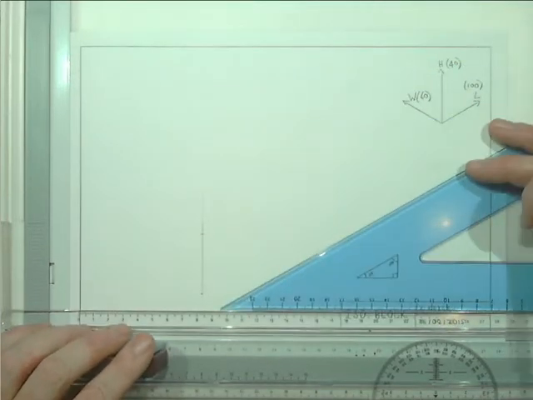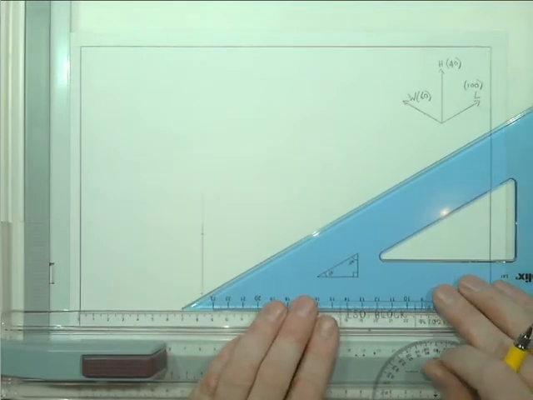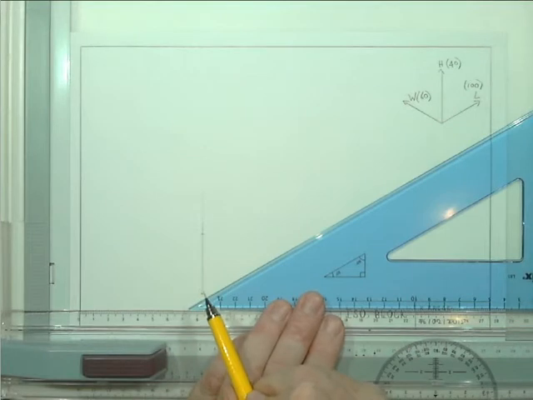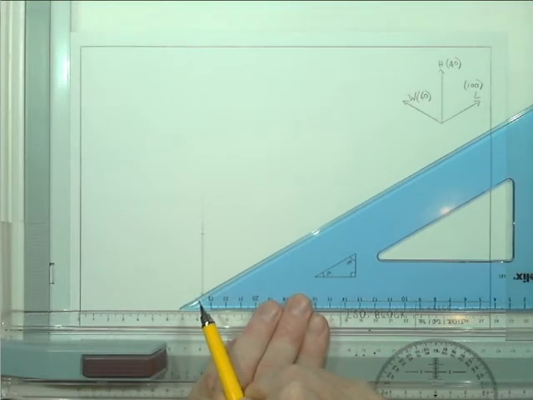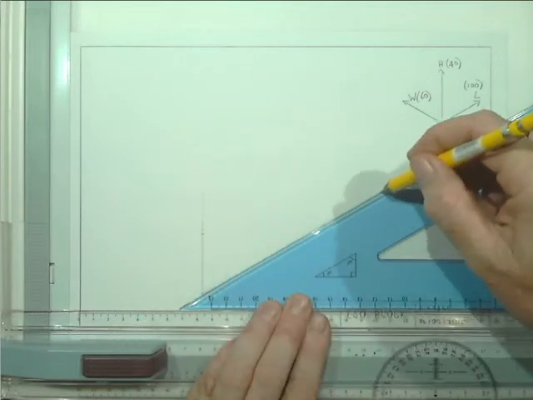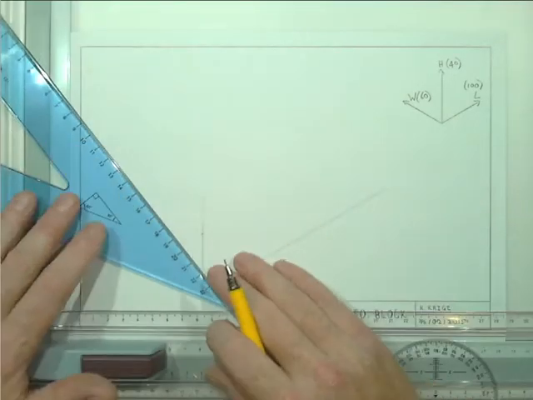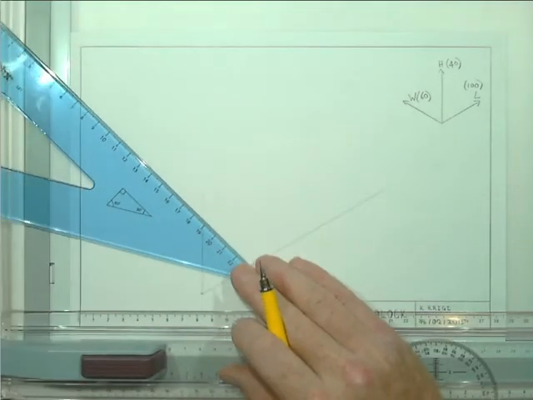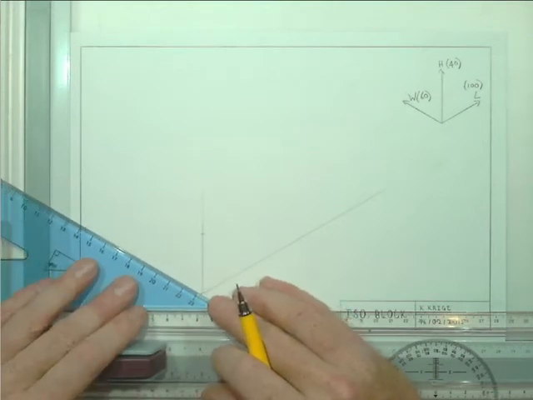Now, if I turn my square around like that and slide it, look over here, I'm going to slide it until it just touches my bottom mark. Then I can draw my length like that. I can turn it around and draw a width line